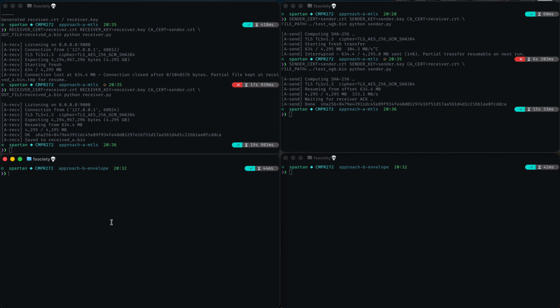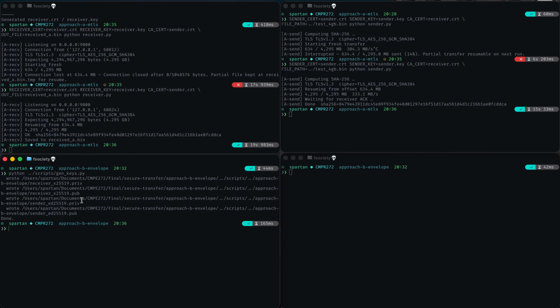Now let's move on to approach B. We'll now generate the script keys for the encryption of the keys. The keys are now generated. Now we'll start a transfer receiver file. The receiver is now listening on port 9001,